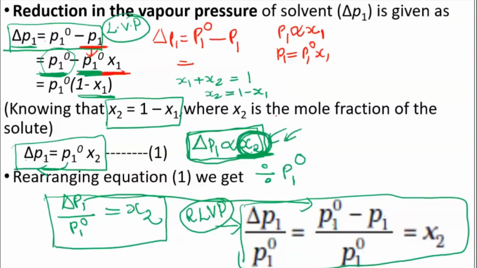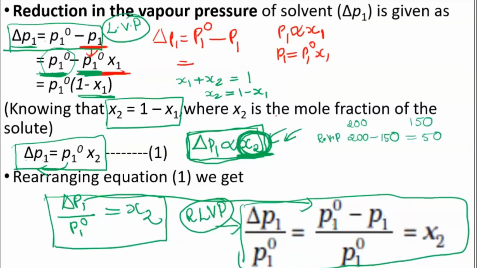Now next, what you are writing is the relative lowering in the vapor pressure. So how did I tell you to find relative lowering of vapor pressure? I will explain with the values I used that time. First value was 200 for the solvent, then we got 150 for the solution. Then I did the subtraction, correct? 200 minus 150, I got 50. This was reduction in the vapor pressure, that is lowering in the vapor pressure.